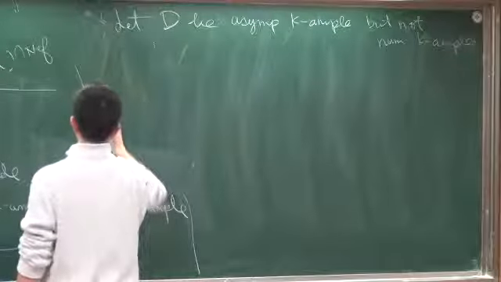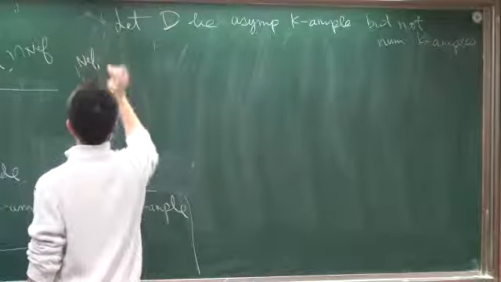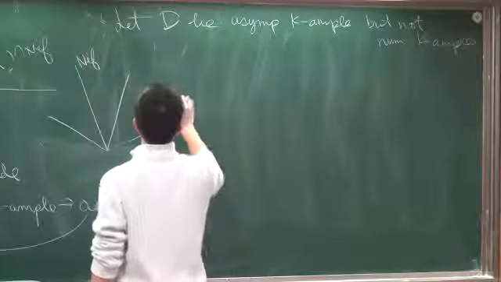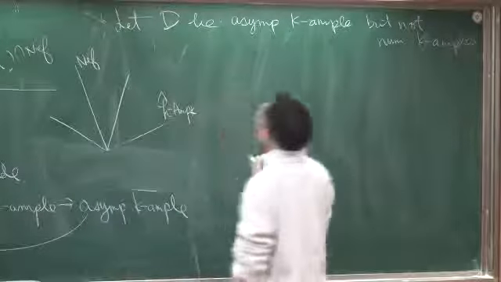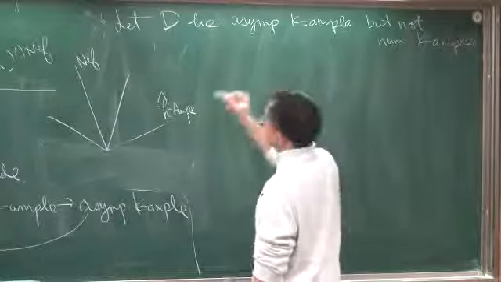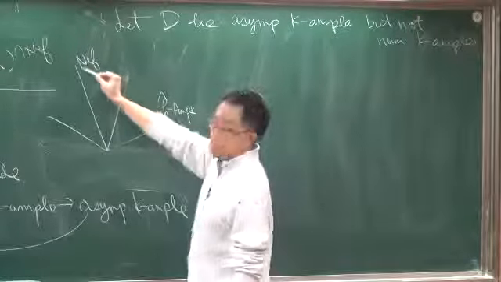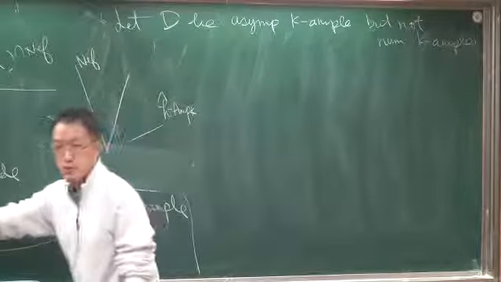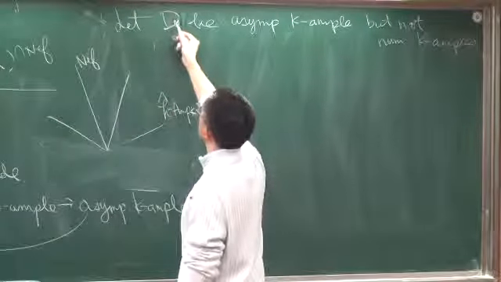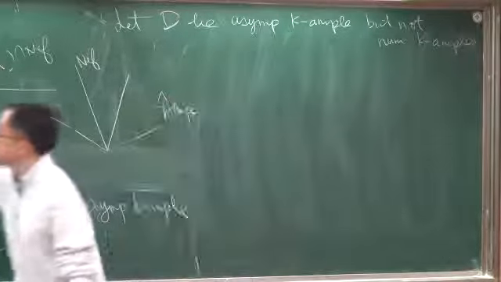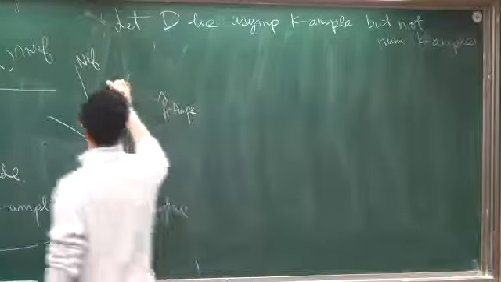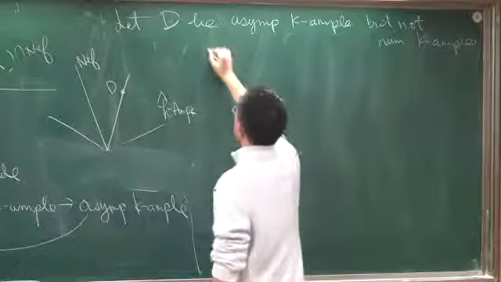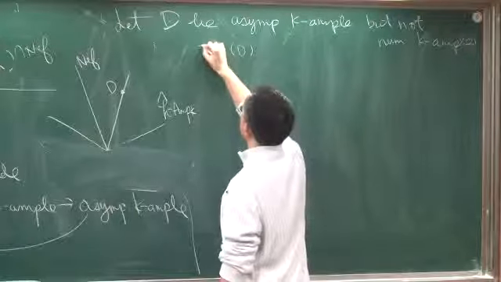So let's draw some pictures. So this is the nef cone. And this is H hat amp K. Okay? So as I said, D is asymptotically K ample, so it's contained in this cone. But it's nef and big. And if D is already ample, this notion coincides with this. Okay? So we may assume that D is not ample. So that means it's only nef. So it's somewhere here, D. Okay?